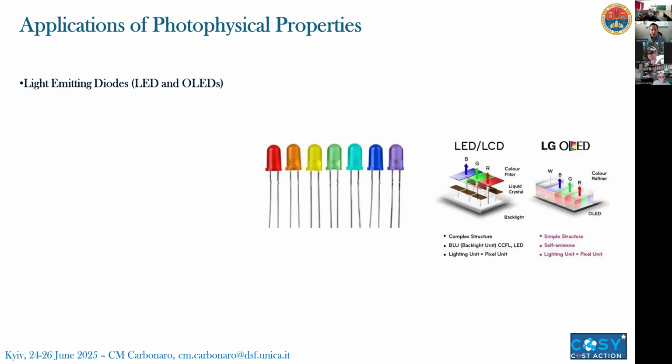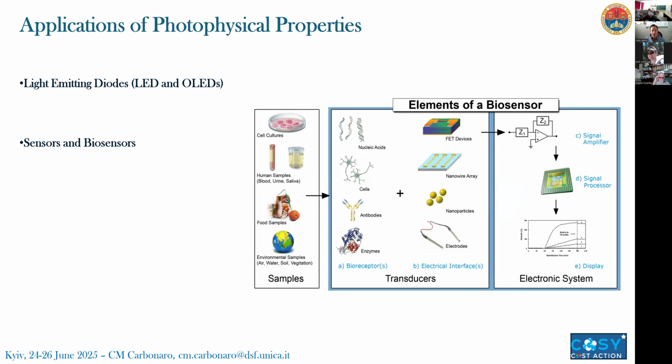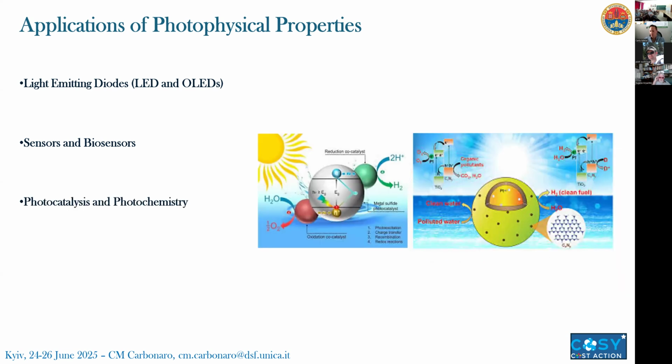The applications are quite many. We can consider, for example, light-emitting diodes, in the sense of organic LEDs and LEDs, which are applied in our daily life nowadays. We can consider also the use of luminescence materials and photophysics for sensors and biosensors. Here you see how we start from the sensor samples. We go to the transducer to produce an electronic system which is able to detect some biomolecules which are of interest for our application. We can use our materials for photocatalysis and photochemistry in order to produce new energy sources,